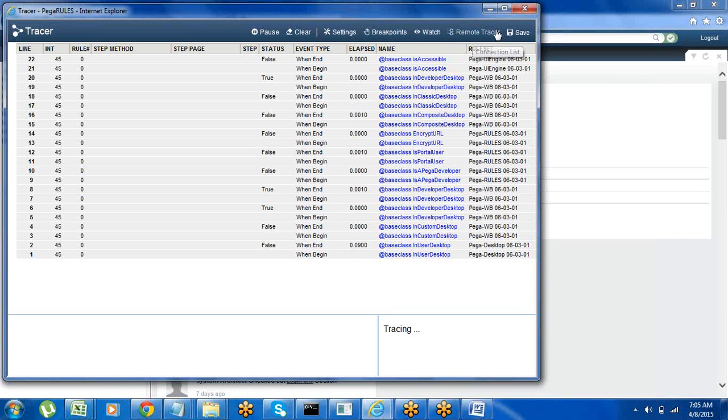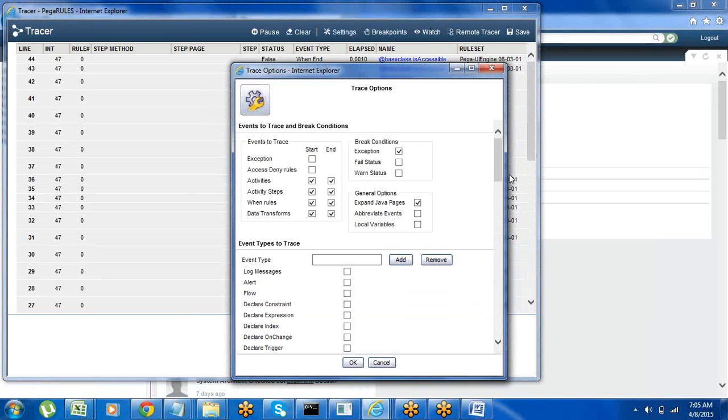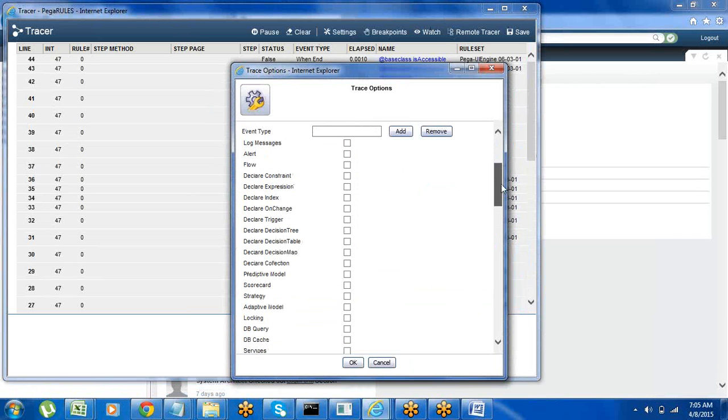Remote tracer will not work here. Save option means if you want to save the logs it is displaying, it will save in XML format, using the save button. Okay, first of all, go to the settings tab. Select all these rules.